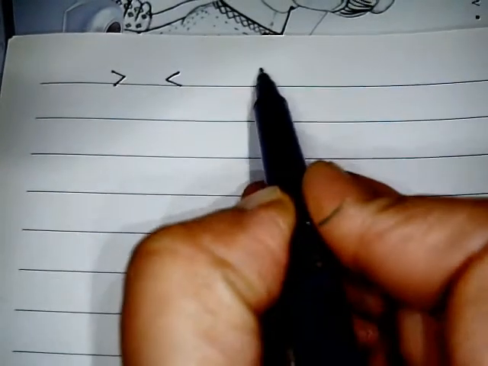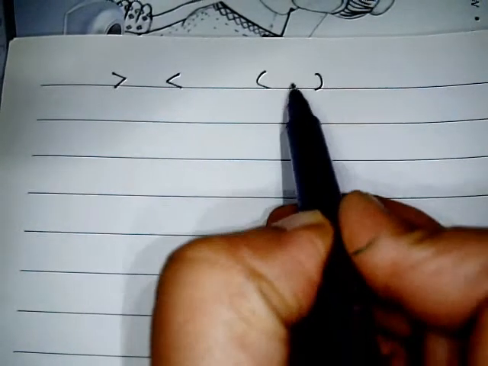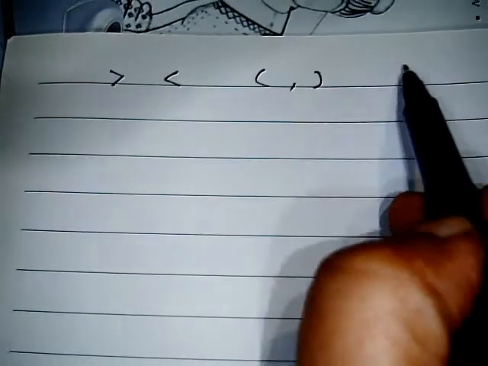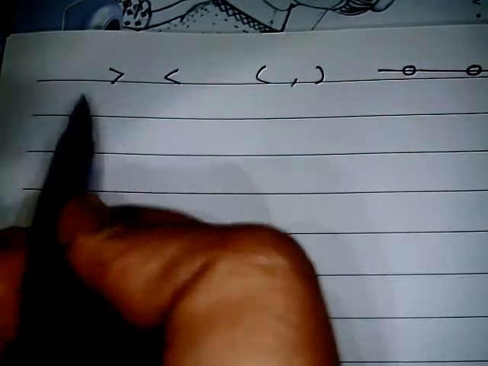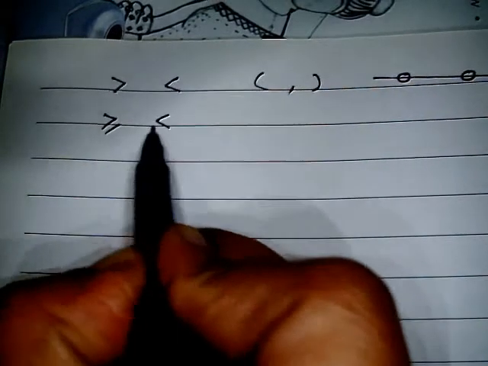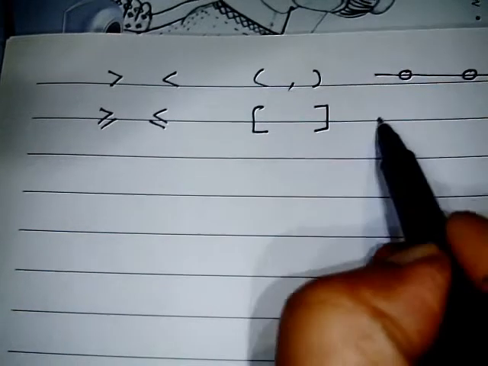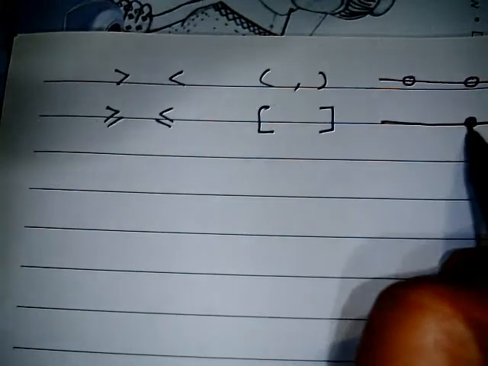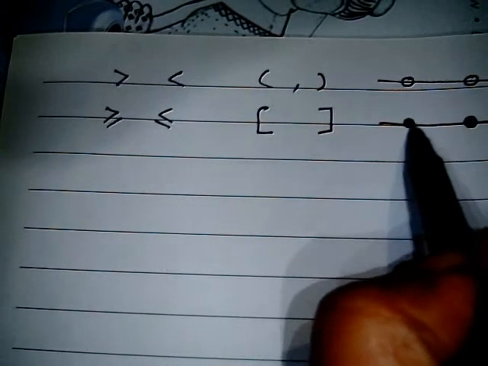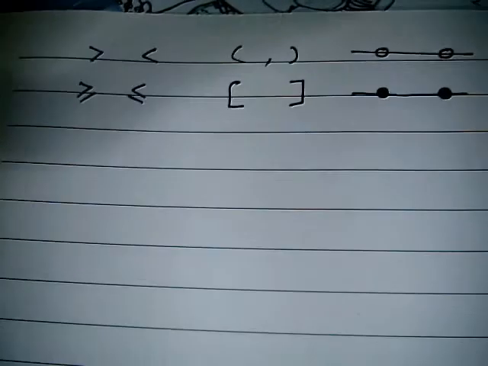Okay, suppose it is a greater than sign or less than sign, we always put it inside the small parenthesis, or if you are representing it on the number line, then you need to make an open circle. Okay, all these are the same. Now suppose it is a greater than or equal to, or less than or equal to sign, then we need to use the square bracket, and if we are representing it on the number line, then the representation is going to be a solid circle. Okay, this is the first rule.